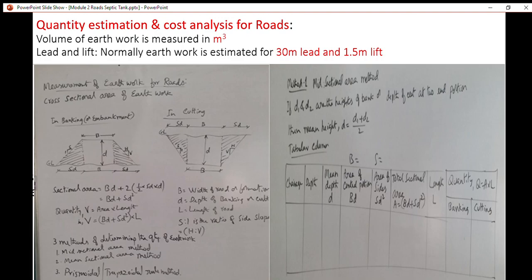Dear students, let us take up the topic estimation of roadworks in module 2 of quantity surveying. In this topic, we are going to learn the quantity calculation and cost estimation of roadworks. It mainly consists of estimation of earthwork, estimation of bituminous concrete or cement concrete, and other pavement layers, namely subbase and base courses. Except level stretches, the roads are constructed either by cutting the ground or filling the depressions.